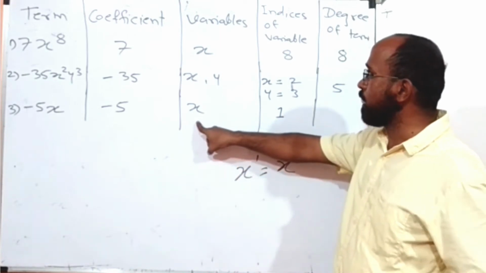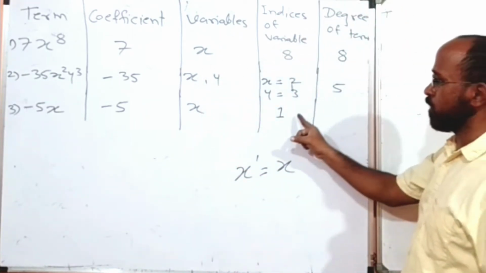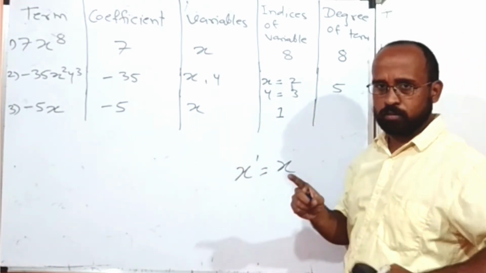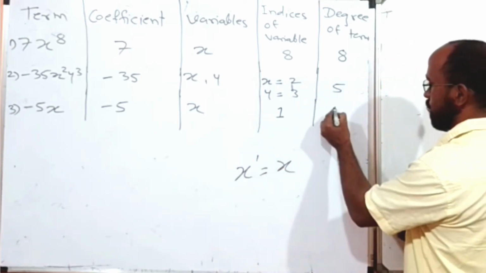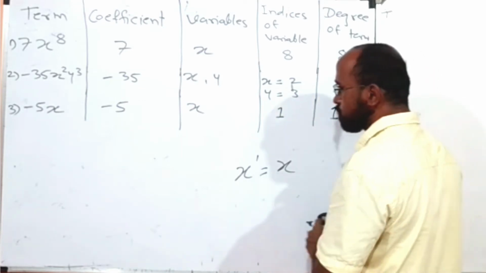So the index of x is equal to 1. And what is the degree of the term? Degree of term is the addition of all indices. Only one index, that is 1. So the addition is 1 itself. Clear? Next,